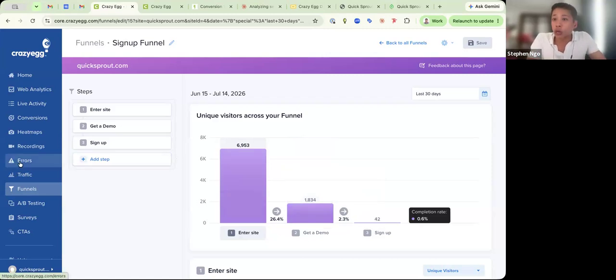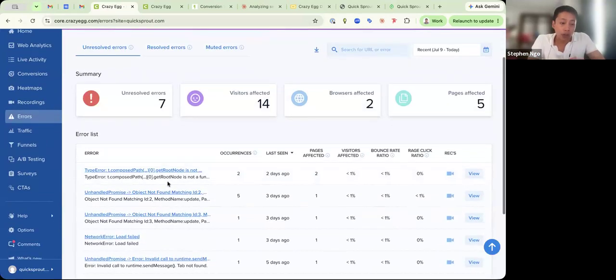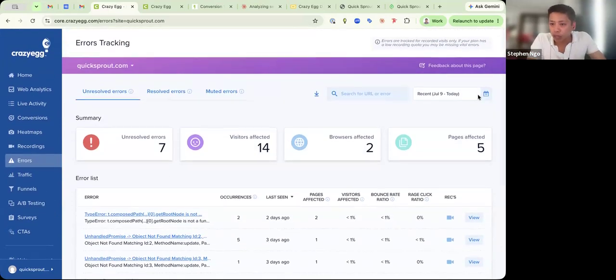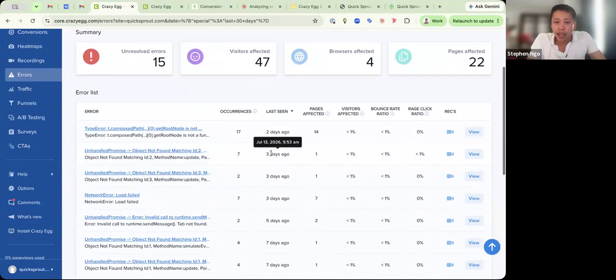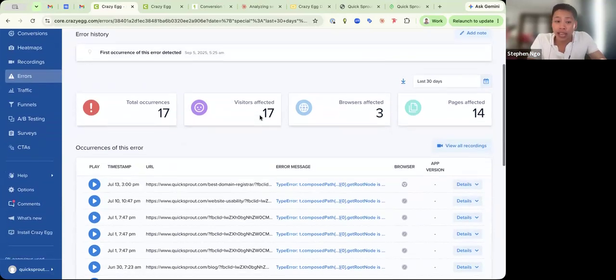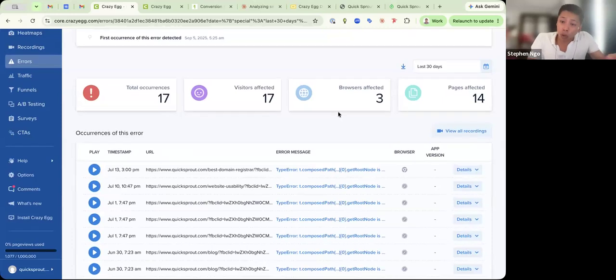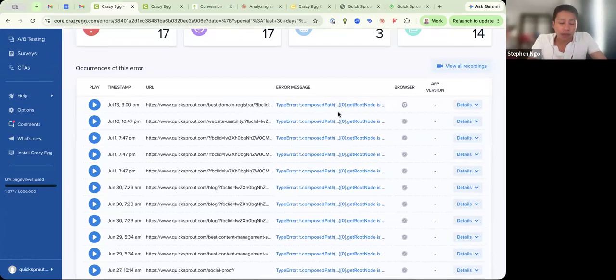The other feature which is helpful for finding friction is errors. And this is basically a log with technical metadata for every JavaScript or HTML error that we're finding on your website. Say I go for the last 30 days, and I click into each of these errors, I can not only get metadata, technical information for each of those errors, I can get metrics on how often each error is recording, but this also links to recordings